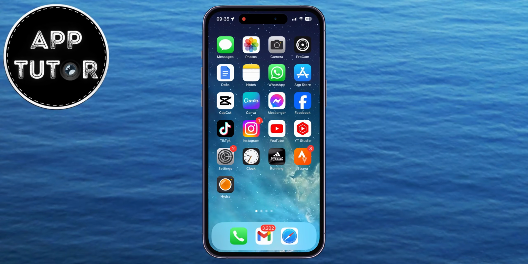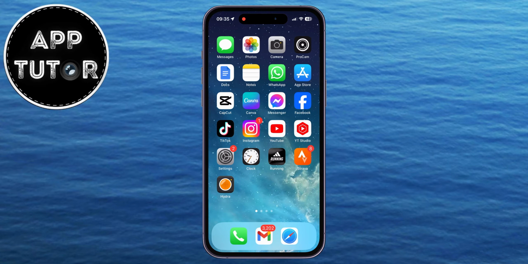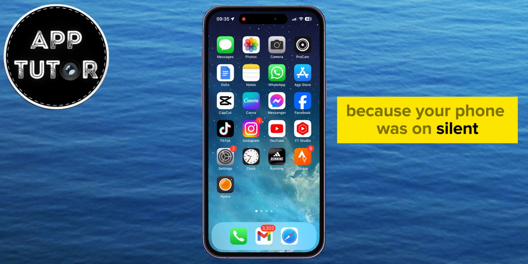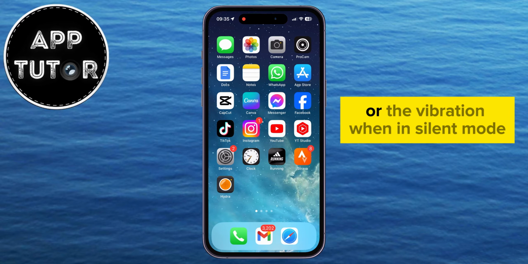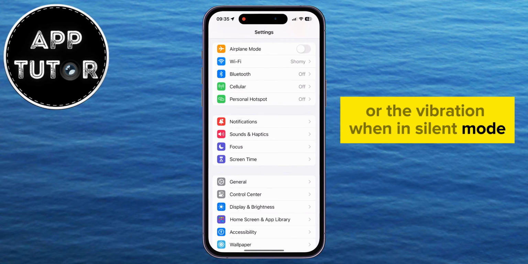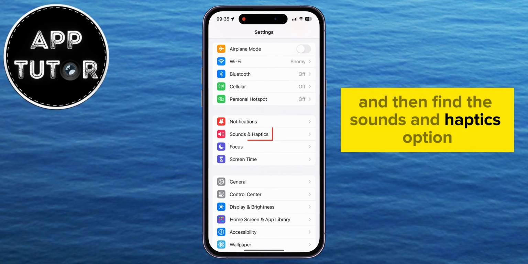In this video, we're going to learn how to make our iPhone vibrate in silent mode. If you've ever missed important calls or notifications because your phone was on silent and your phone didn't vibrate, then you want to watch this video until the end to learn how to enable the haptics or the vibration when in silent mode. We'll open the settings on our iPhone and then find the Sounds and Haptics option that is